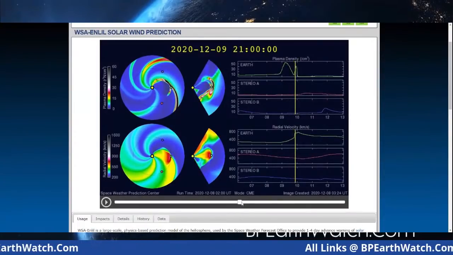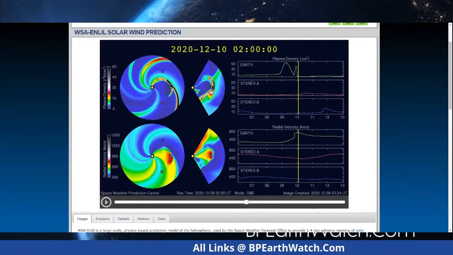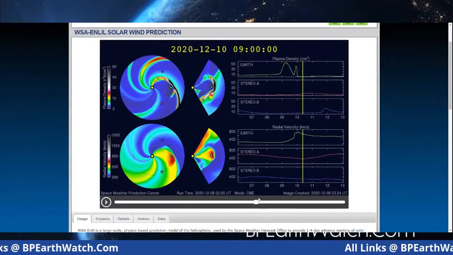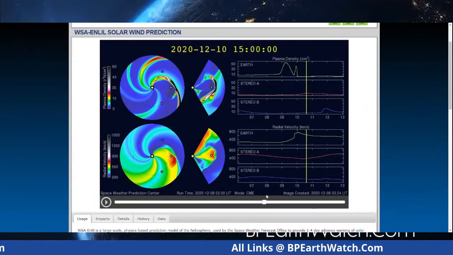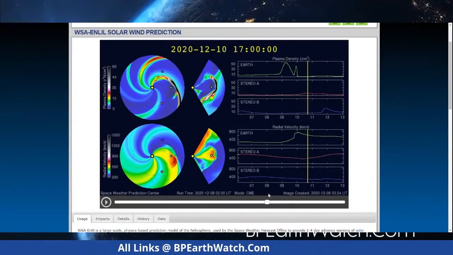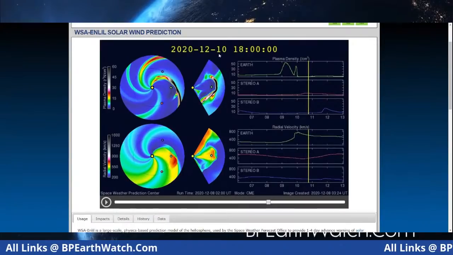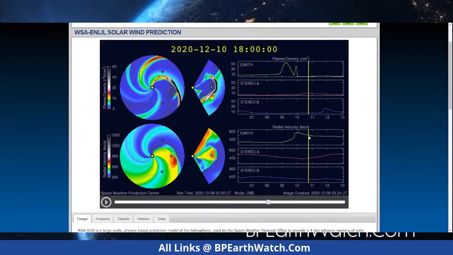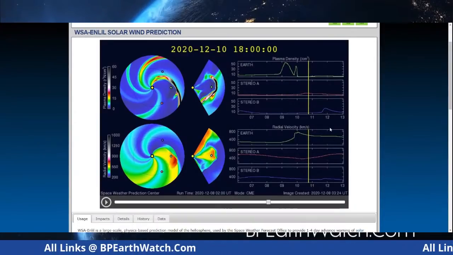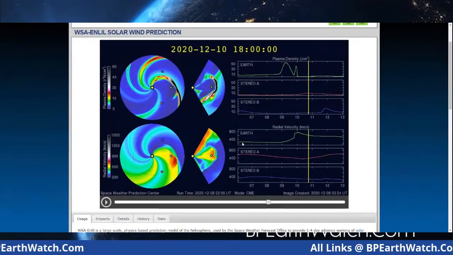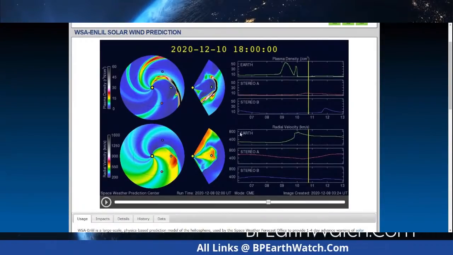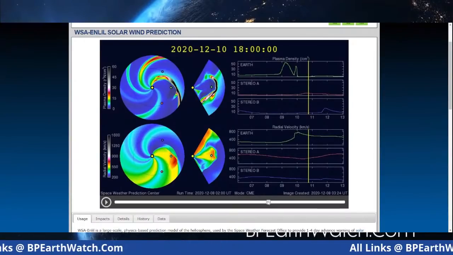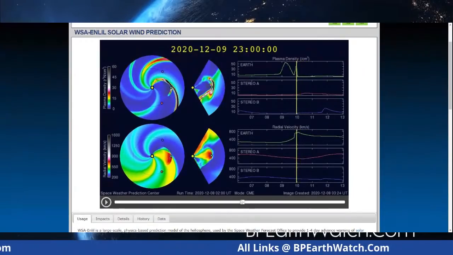And as we go through time, watch how long it takes. Now we're on the 10th. We're still involved in that red wave until right here, almost 24 hours. As a matter of fact, 1800 hours tomorrow, 12 noon Central, will be in the tail end of it. And that's indicated because the solar wind speed in this chart stays elevated. Normally it's about 350, and they're showing it's going to hit around 800 at the peak of this. And that is just before 1800 hours right there.